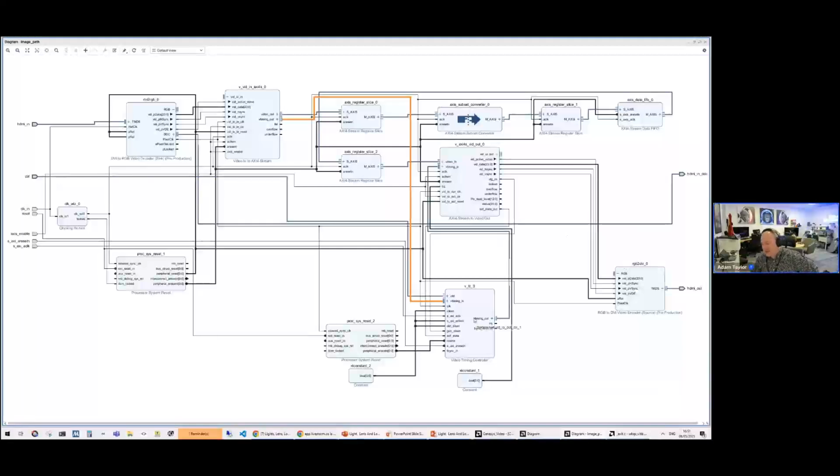Because it doesn't have the AXI image stream. And then the final block is an RGB to DVI stream, so that just encodes it into the TMDS stream for the HDMI display, such that the HDMI display can see what's going off. Now, this is a really simple design. The idea is you would drop in